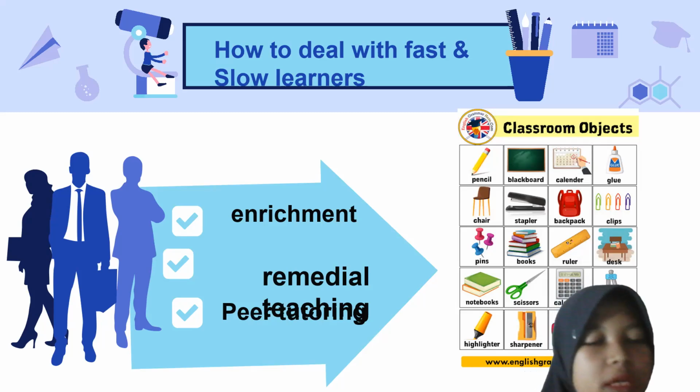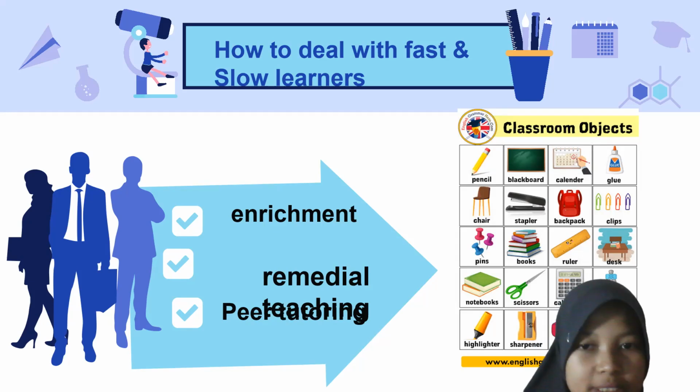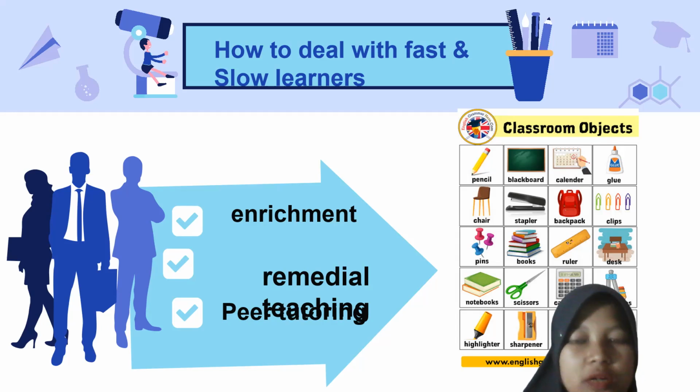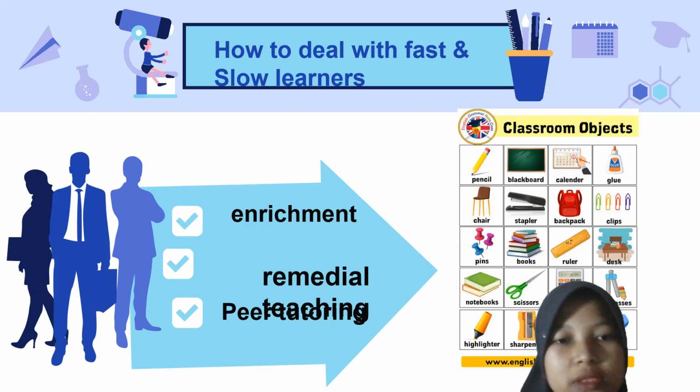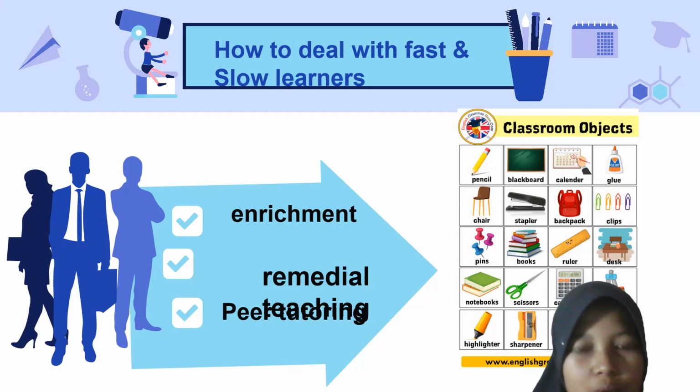Some of the things that we can do, for the first one, is enrichment for fast learners. We can provide enrichment or additional material that is still relevant to the material that is given. And the second one is about remedial teaching for slow learners. We can give remedial teaching or provide additional material with more examples, like this, we can give the material about classroom objects like pencil, blackboard, calendar,